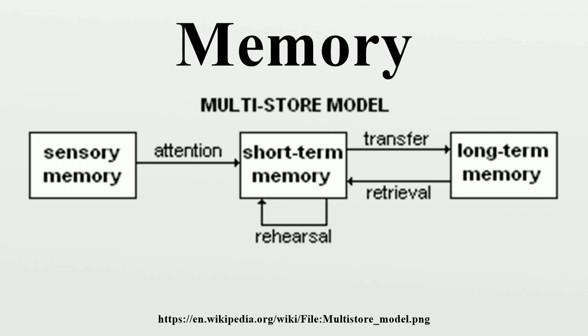Storage is the second memory stage or process. This entails that information is maintained over short periods of time. Finally, the third process is the retrieval of information that has been stored. Such information must be located and returned to the consciousness. Some retrieval attempts may be effortless due to the type of information, and other attempts to remember stored information may be more demanding for various reasons.